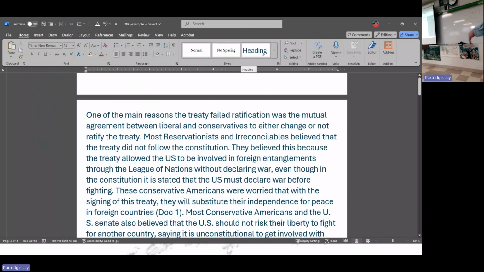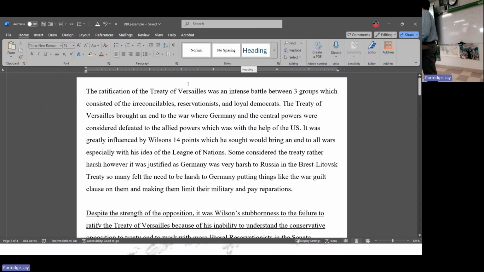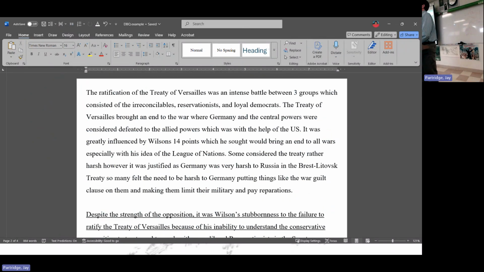No. So here are a couple examples. I put these up here, and let me explain one thing about this. There's a few people who got a little bit lower grade than what they might have hoped, and I'm going to give them a chance to try to get some of those points back. I'll talk about that in just a second.